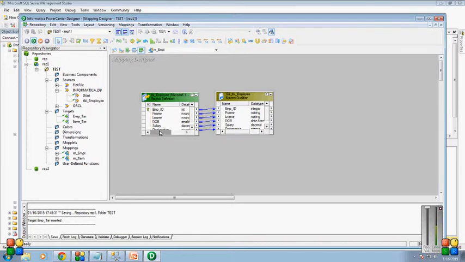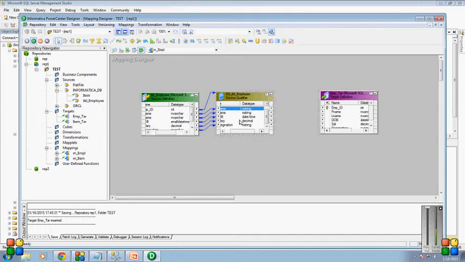I'll show you that in a later session, but for the time being you just need to understand that the data types which we have here will be converted to the Informatica supported data types. Here we have varchar and string and everything will be converted to the Oracle data types. So from the source, we need to drag to the target table which we need to load into the target.